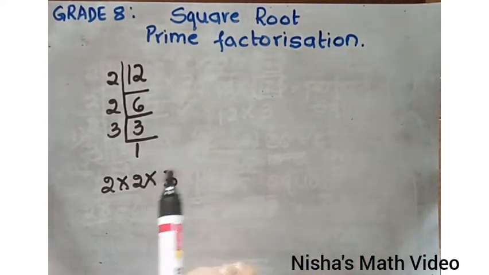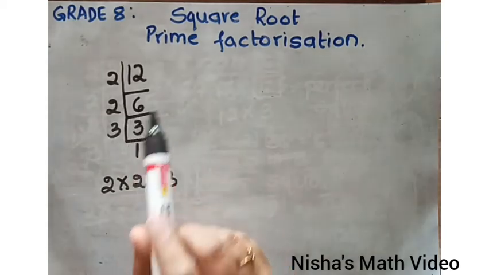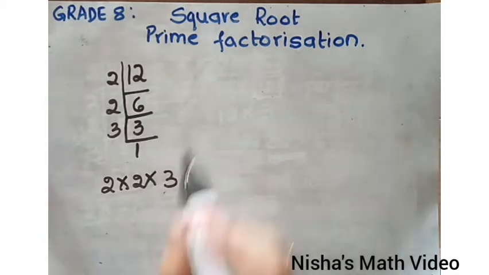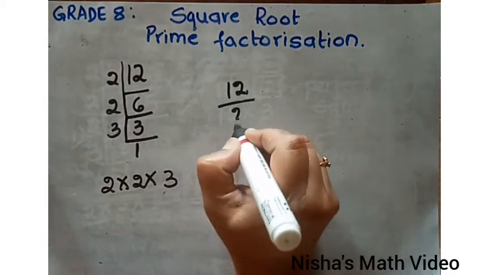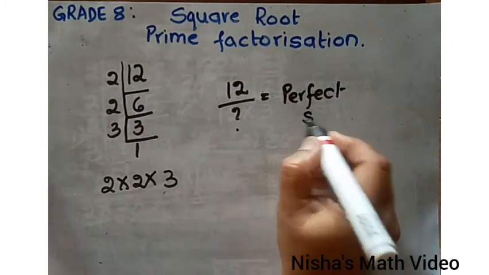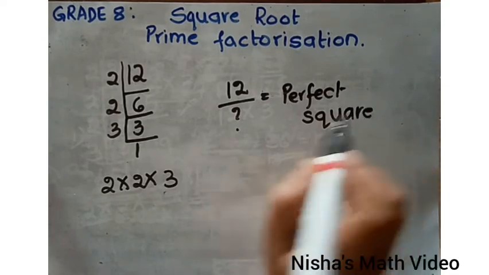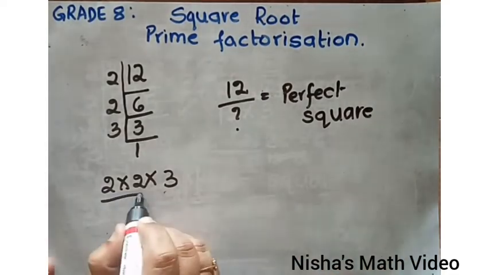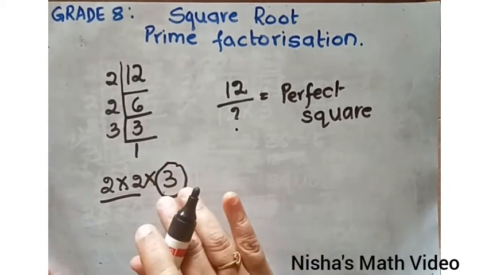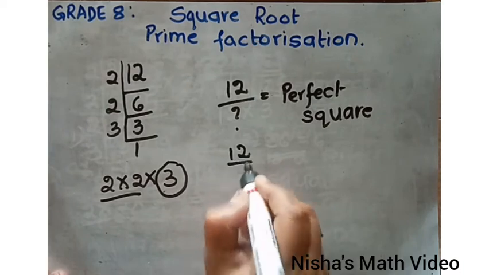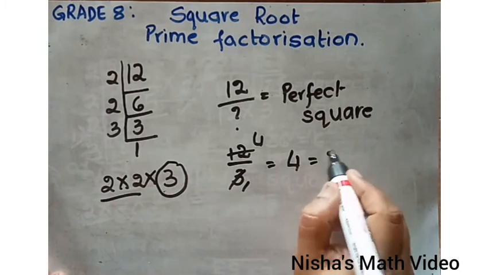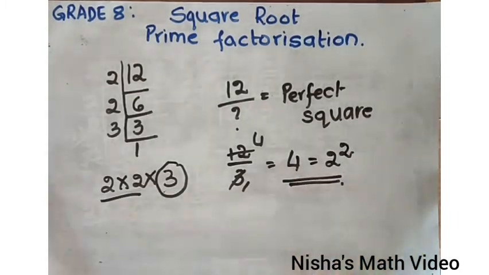The question might also ask which is the least number by which 12 must be divided so as to make it a perfect square. So 12 divided by which number will give you a perfect square? Again, the method is the same. Here you have a pair, the extra is 3, isn't it? I have to remove this 3, that is, I have to divide this with 3. So 12, if we divide it by 3, 3 fours are 12, we will get 4, which is 2 square.